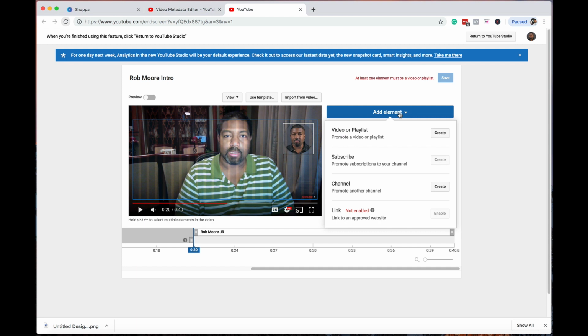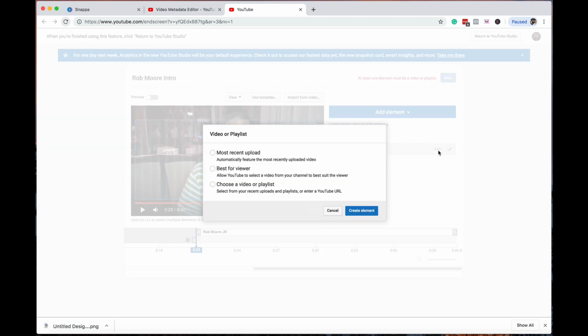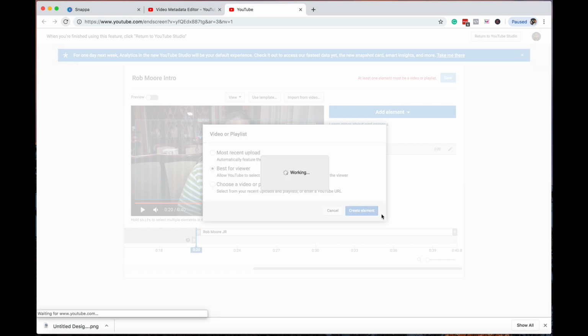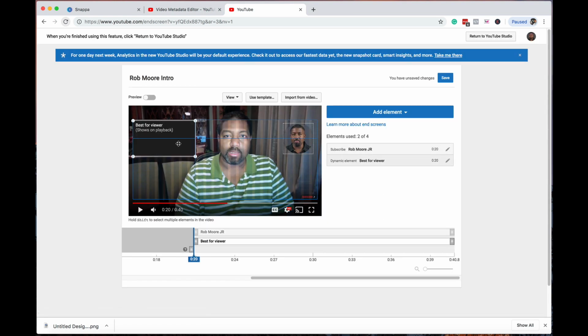And you can add another element to show a video or a playlist. I'm going to choose create. I'm going to choose best for viewer. So for the type of viewer that comes across your channel, YouTube is going to automatically suggest what video will be shown to that user. So I'm going to create that element and then put this right about here. So notice this is the screen, and this little blue border that's going across,